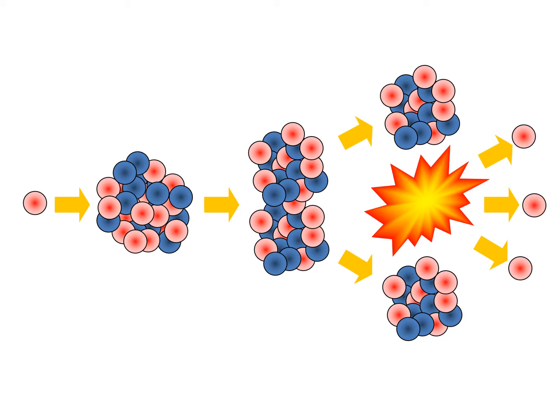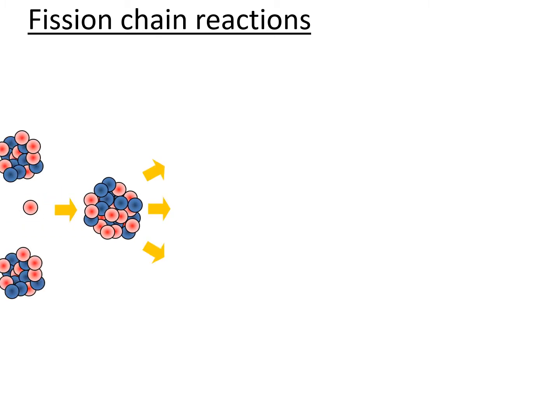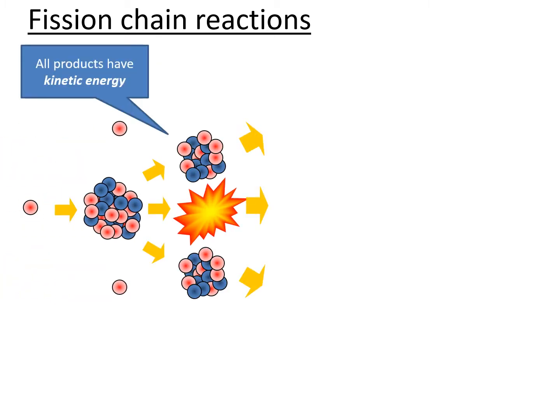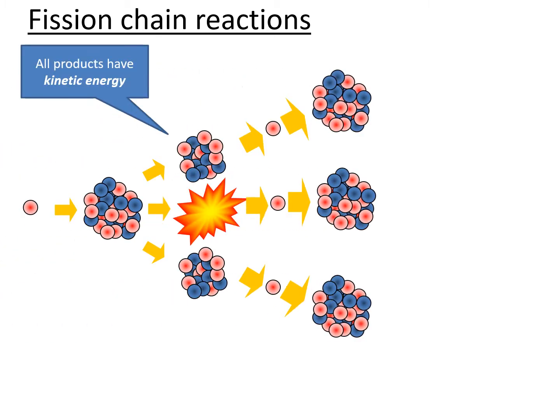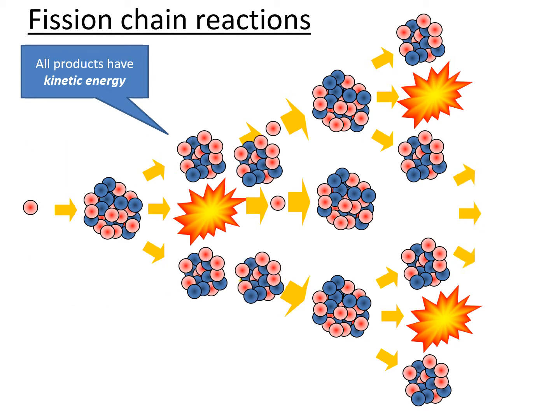This will also produce two or three neutrons after the fact. Those other neutrons can go on to hit other nuclei. So what we end up with in a chain reaction is the same thing happening over and over again. These neutrons go on to strike large nuclei, ending up with even more daughter particles